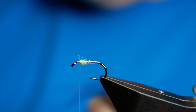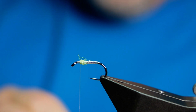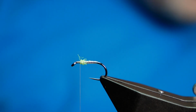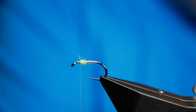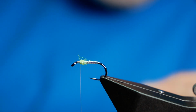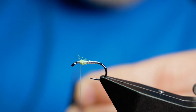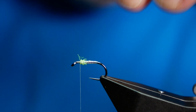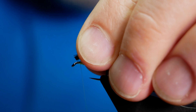I'm using about a thumb's nail worth. I don't want a particularly heavy wing on this fly. And I'm just going to twist that up. And I want as much of the tip in as viable. Just going to dampen down the ends, get rid of any of the really straggly bits at the point, and then before